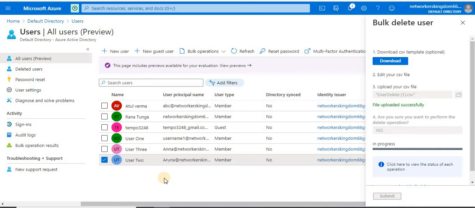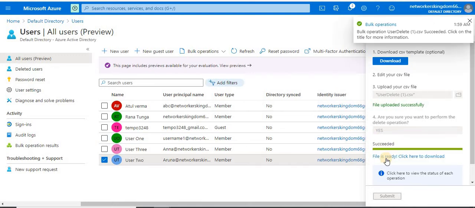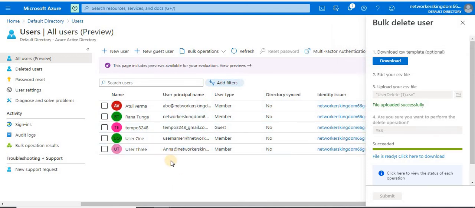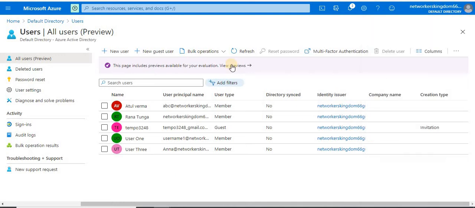Okay, it's taking some time. See, operation done. Let me refresh it, and you can see Aruna user has been deleted. Okay, so like this you can delete your users in bulk.